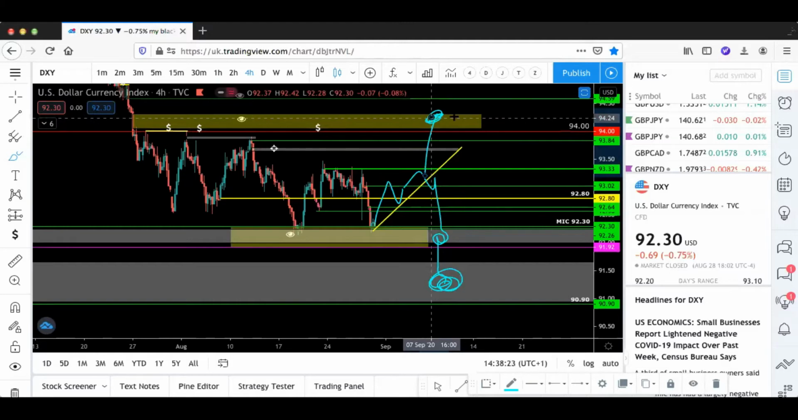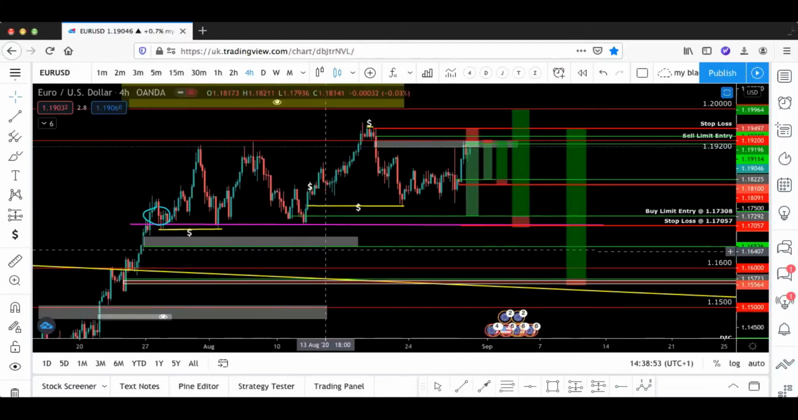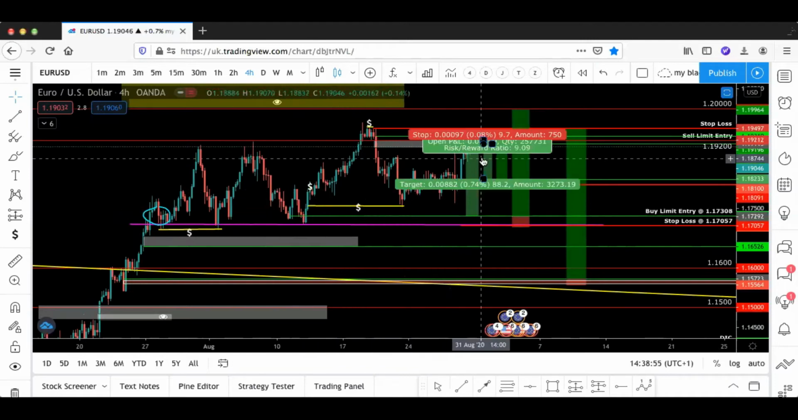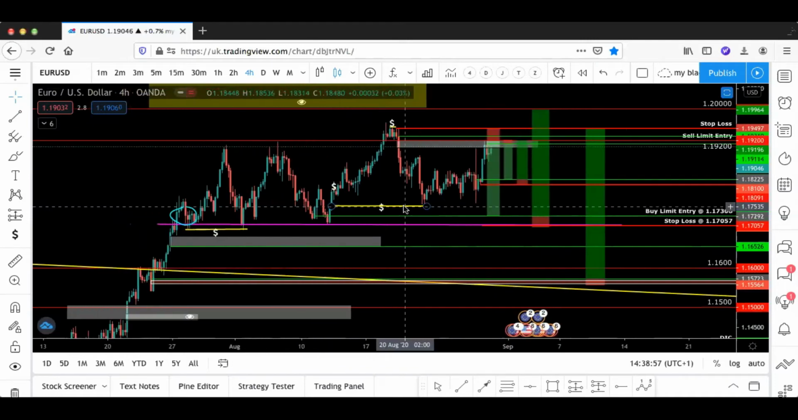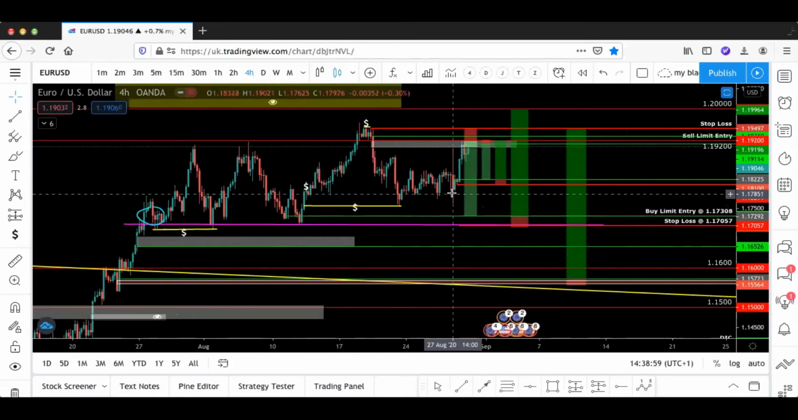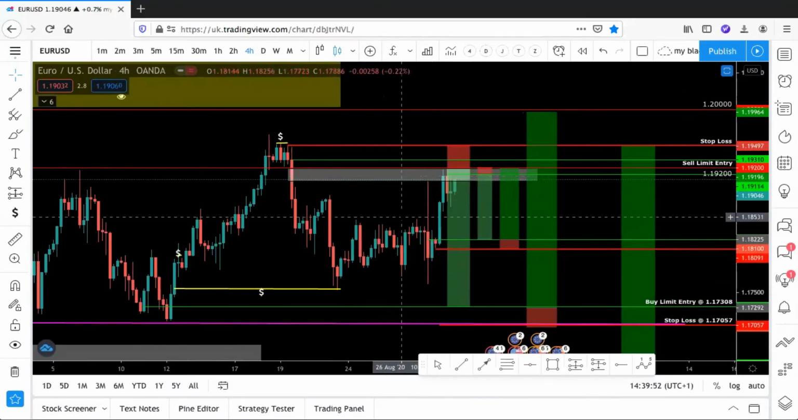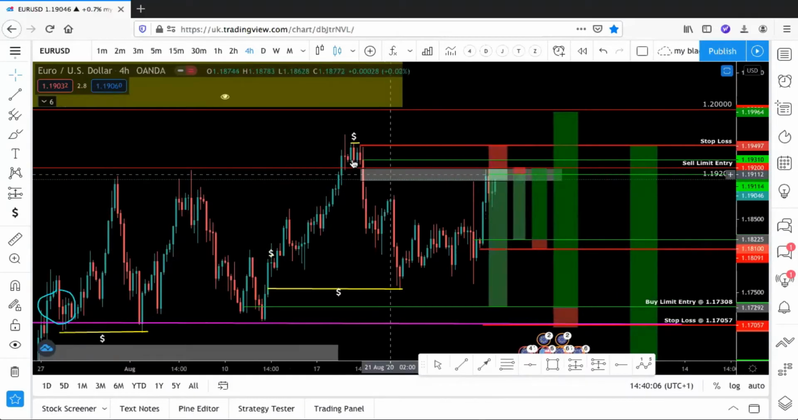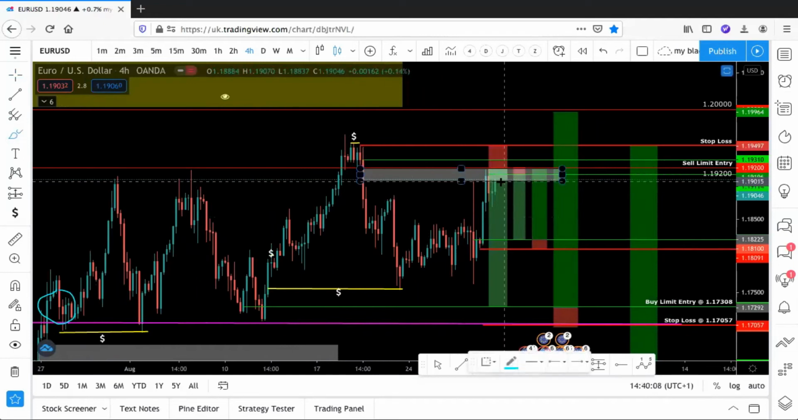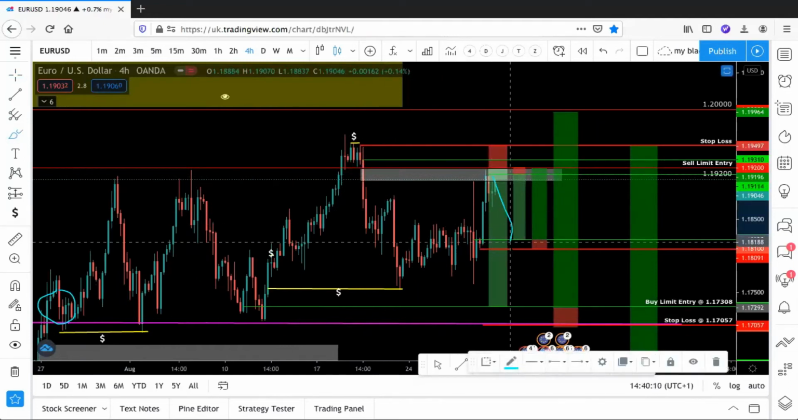So now let's move on to EURUSD. Yes, EURUSD has been bullish. It's still on a bullish structure. We have been catching a good number of pips on EURUSD. What's next? Now I am anticipating EURUSD to climb lower,